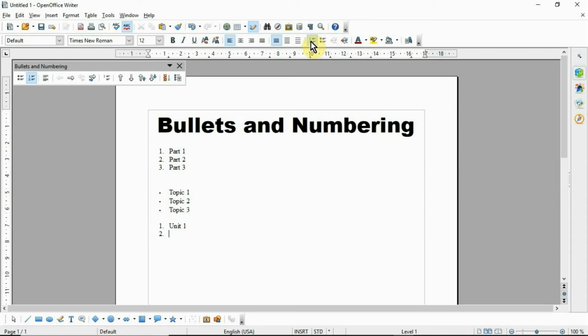And here I'm creating a nested list, so then press the tab key also and then type chapter 1 and then press the enter key and then type chapter 2.